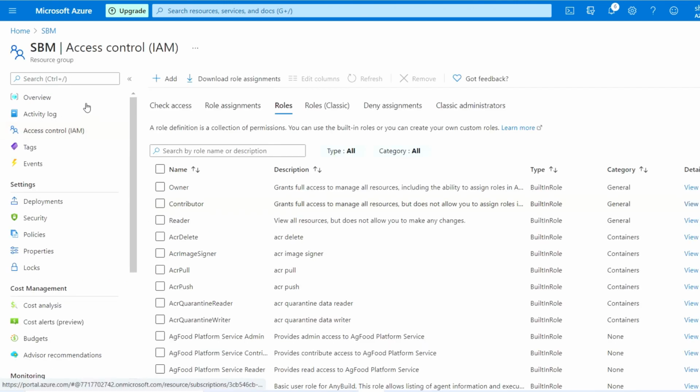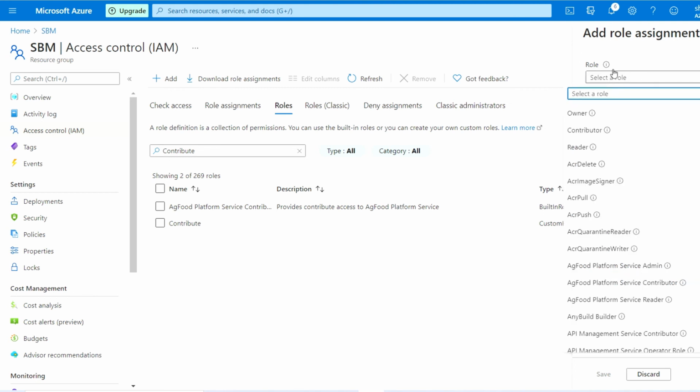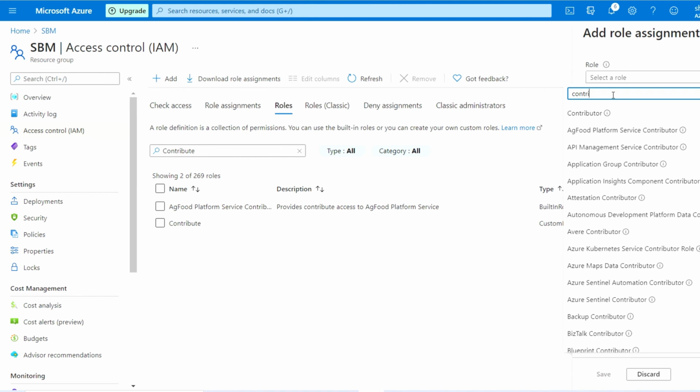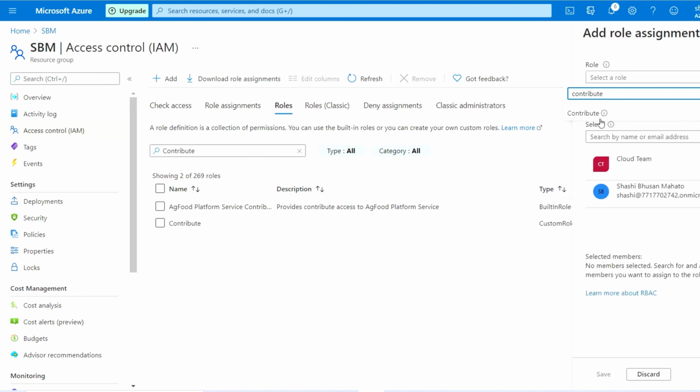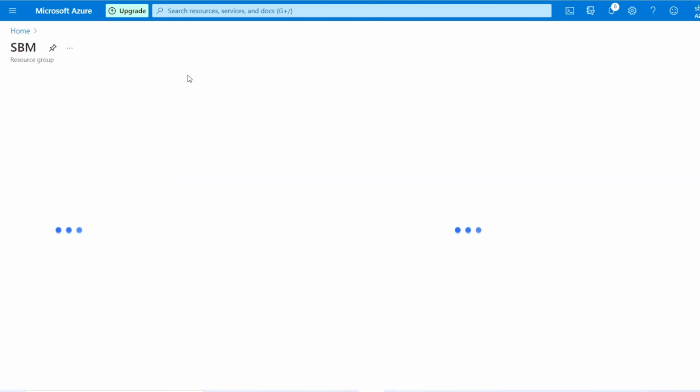So this is the first method. Let me check whether the role is created or not. As you can see here, my role is created successfully. If you want to assign this role, go over there, go to the role, and search for the role which we have created. As you can see, the role is available now. So this is the method: using clone, we can clone a role from the portal itself.